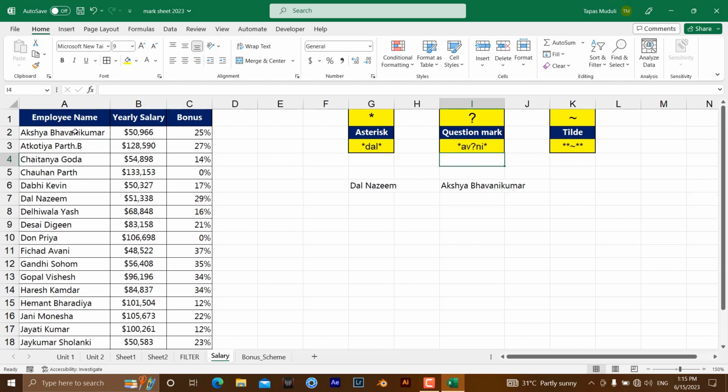See, the first one is Bhavani. Have a look over here. And the second one is Avni over there. So as I said earlier, it is only extracting the first one, right? So if you want to write it properly, take an example, you want to extract this one. Because Avni is available in two ways, in Bhavani also, and in Fichadia Avni also. So instead of writing this, we can write,